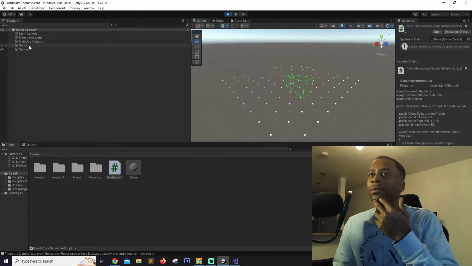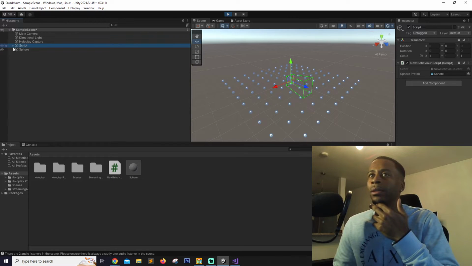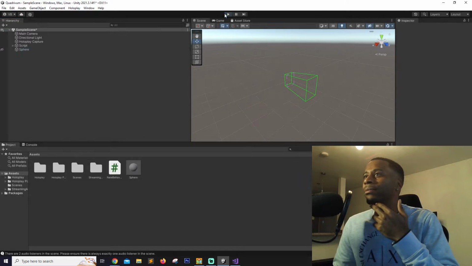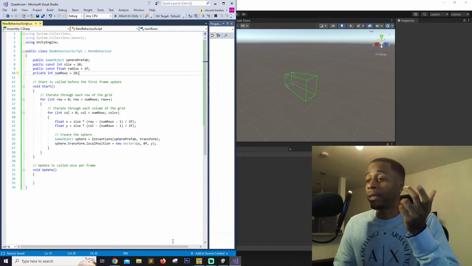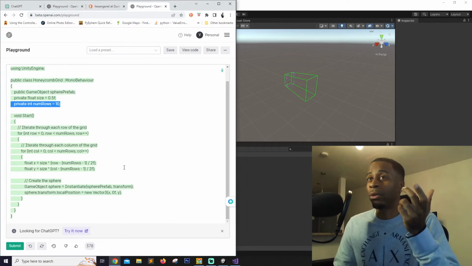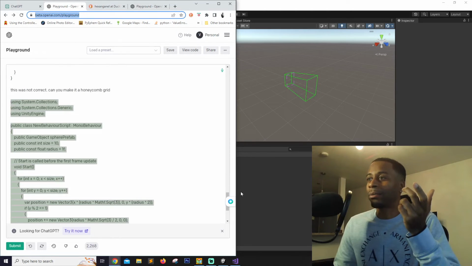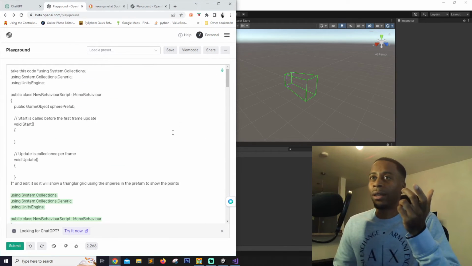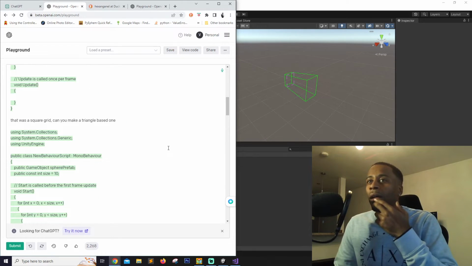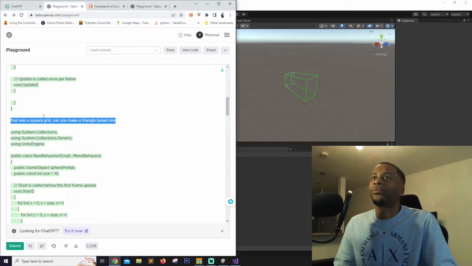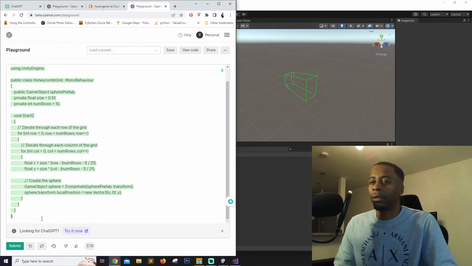I wonder if on this grid, nah. So why is it? Well, last time it did this, we just had to correct it, then it got it right. So what exactly did we say last time? I said that was a square grid. Can you make it a triangle based one? So let's see now if I say